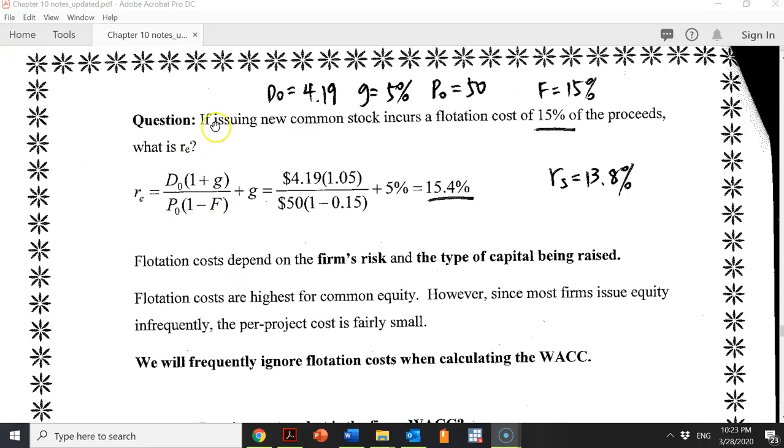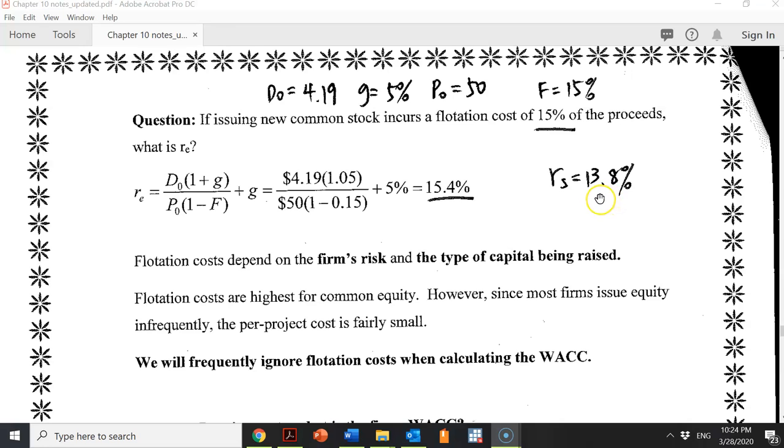Okay, so if issuing a new stock incurs a flotation cost of 15% of proceeds, what is RE? So we go back to the Coleman Technology, our original example. We know D0, G, and P0 for that firm. We also know F here is 15%. Based on the new formula, we're going to use D0, 4.19, multiplied by 1 plus G, 1 plus 5%, divided by P0, $50, multiplied by 1 minus F, 1 minus 15%, plus G. So we have 15.4% as our cost of raising new capital, which is higher than